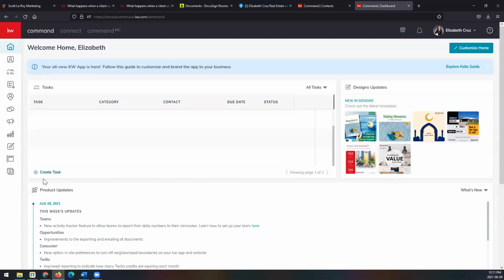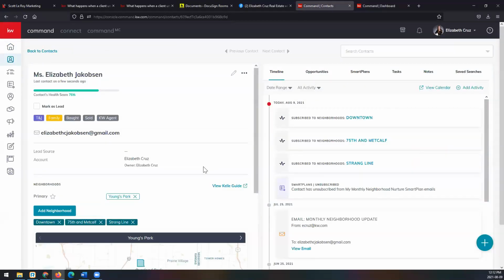So first update is using smart plans. Except for this one, I'm actually going to go to contacts. So the actual update is the unsubscribed activities are now being logged to the contact timeline to provide clarity on which smart plan the contact has unsubscribed from. So in this contact, you'll see in the timeline, which is in the right section on the right-hand side of the page,